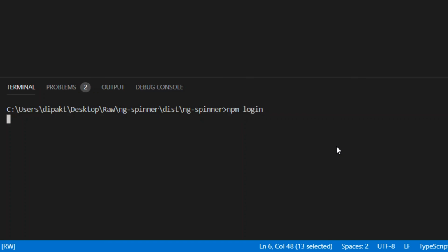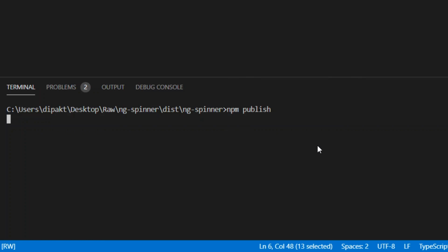You should have your account on the npmjs.com website. Once we log into npm, we can publish our library. We are already in the output folder of the library, that is dist and ngspinner, so we can just say npm publish.